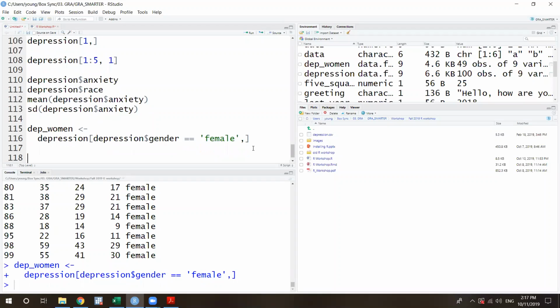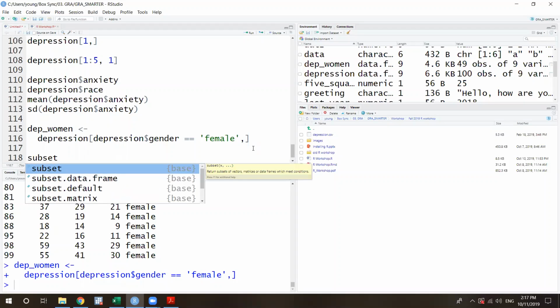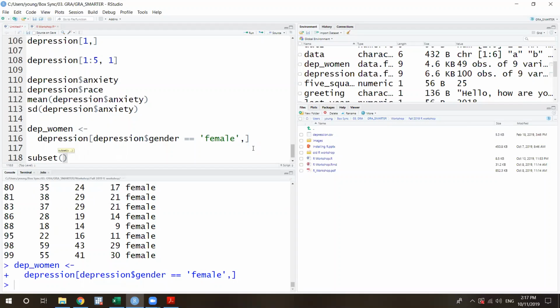And then you can do this in another way using the subset function. You can just put subset here. I think this is an easier way. So put the subset function first, and then you put the data name. I want to subset from the depression data, and then use the gender variable, to be only female.